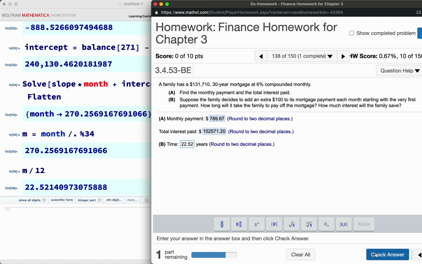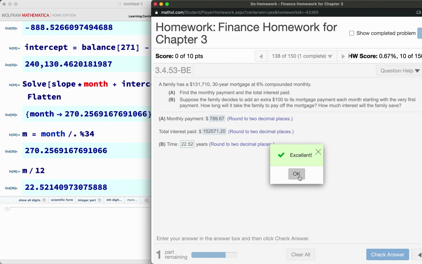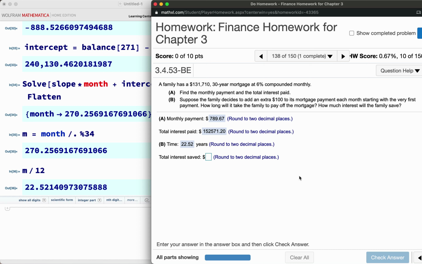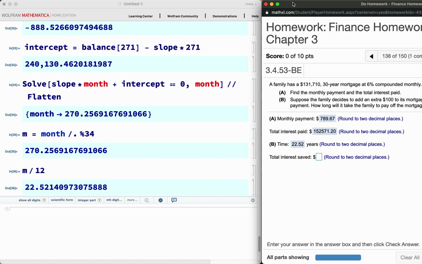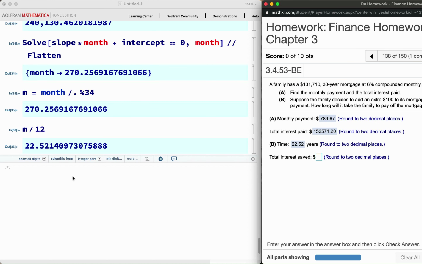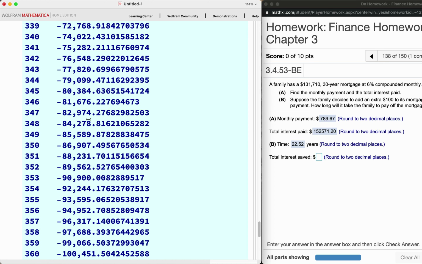22.52 years. Now the total interest that you're going to save is, let's see. Now this one, again, hold on 1 second, because this can be a little bit tricky. Okay, so this one, we can see from over here,